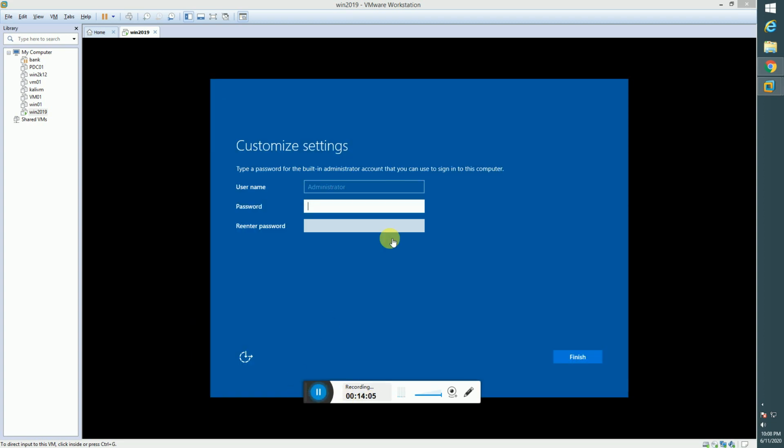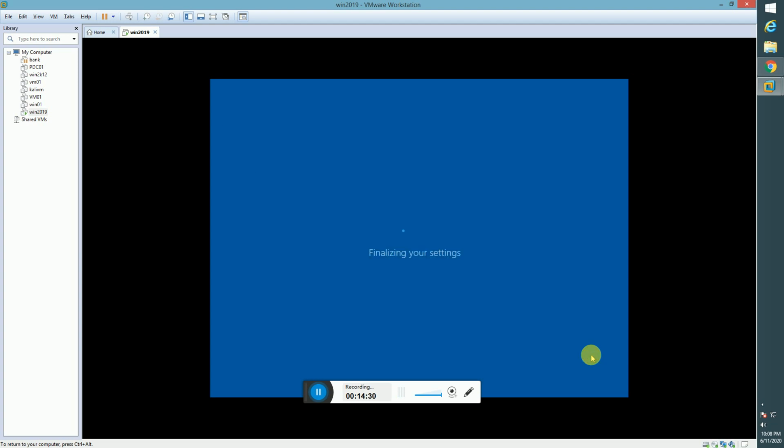As you can see, it is asking for entering the password. So here the username is administrator, which is a default user. It is created when you do the OS installation. So I am entering the password that I want to set. Click finish after that.